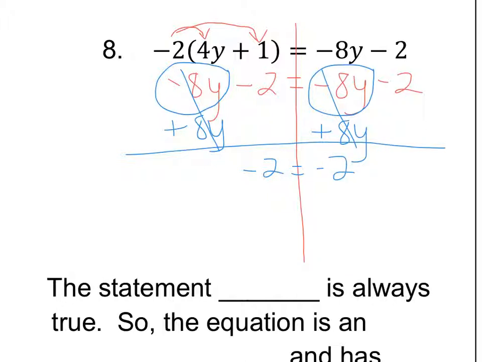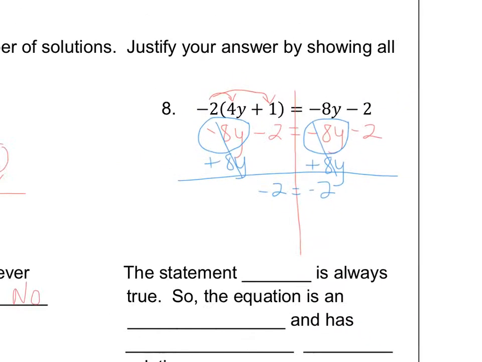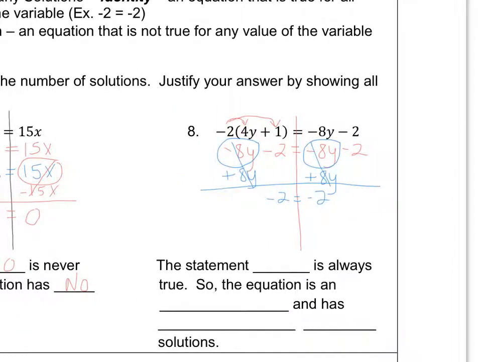Now, does negative 2 equal negative 2? Well, yes. It always does. It always will. So let's look at our statement below. Let's make this a little smaller. Okay, so the statement, negative 2 equals negative 2, is always true. So the equation is an identity. That's a vocabulary word. It's just called an identity. And therefore it has infinitely many